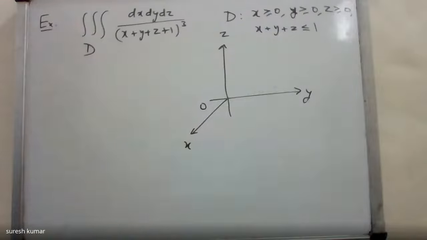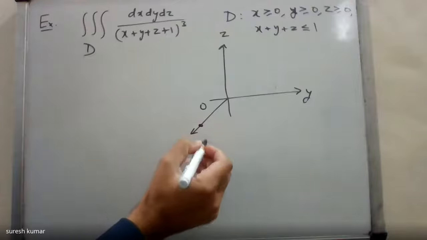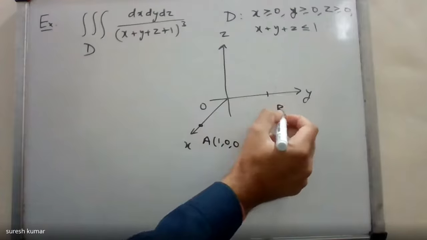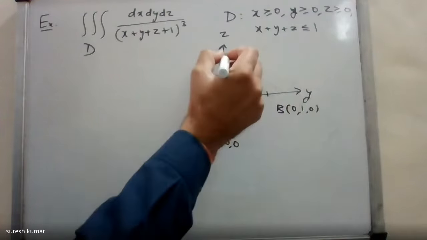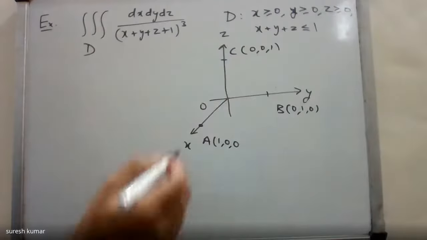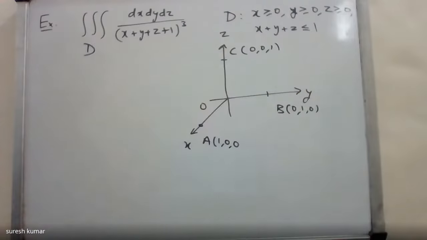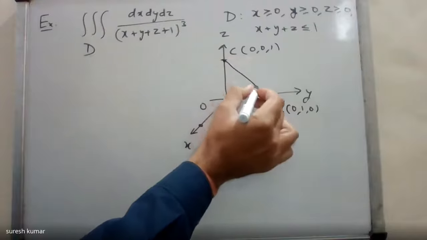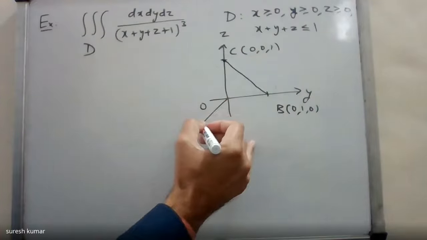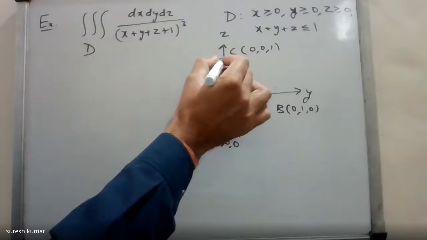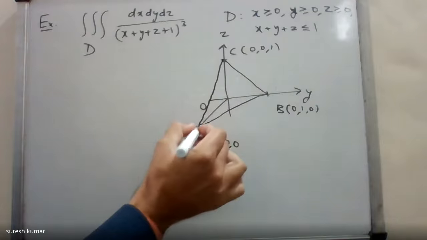This plane, x plus y plus z equal to 1, meets the x-axis in which point? 1, 0, 0. The y-axis in 0, 1, 0, and the z-axis in 0, 0, 1. This is an oblique plane. This plane is not parallel to any of the coordinate planes. So it intercepts in these points. After that, if you consider the 3D region bounded by the four planes, the three coordinate planes and this plane,